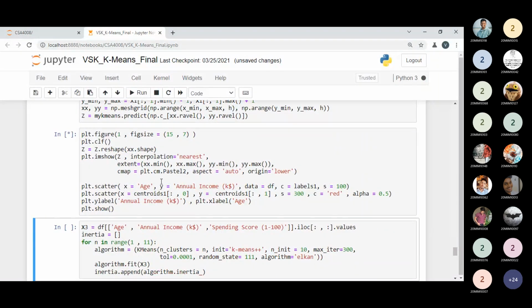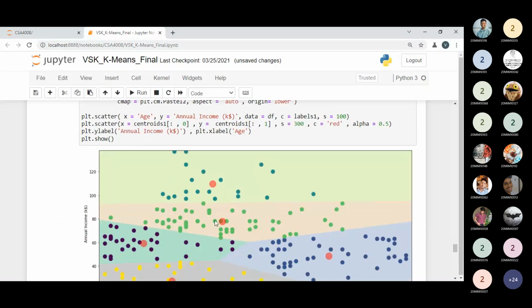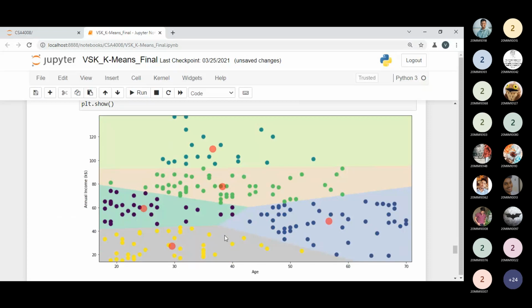Okay, so now you can see the diagram over here. 1, 2, 3, 4, and 5. You can see the different colored clusters, and the large red color point is showing the centroid. Are you able to see this point? The 5 different colored clusters. Yes. Okay, this is the point. So we have solved this problem by choosing the k value as 5.